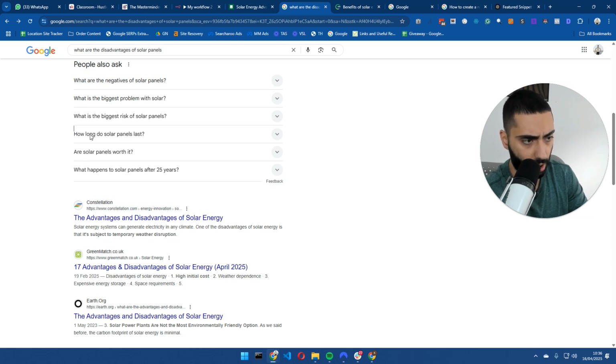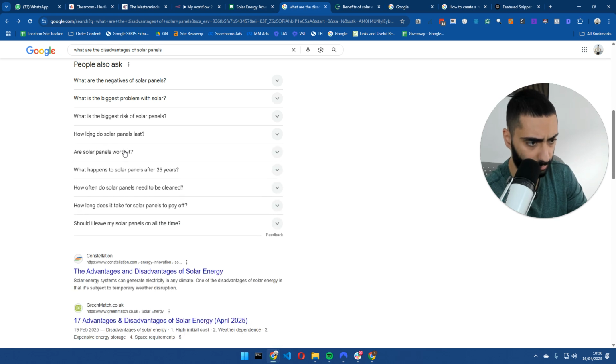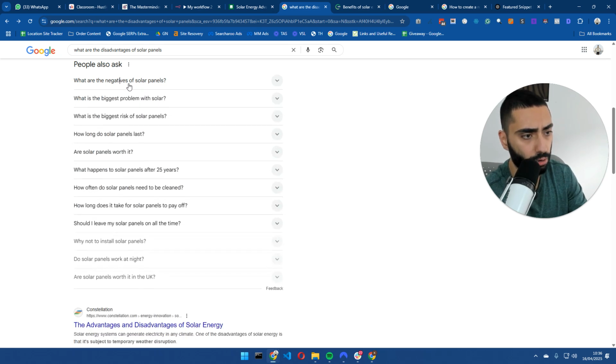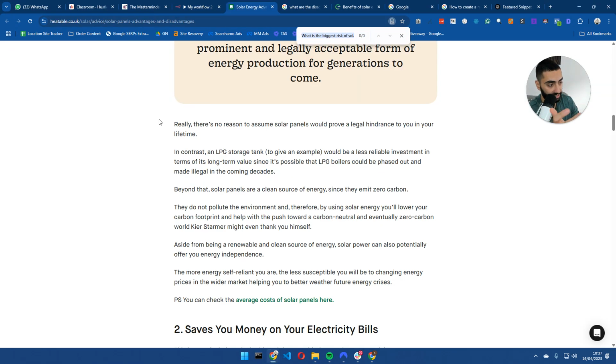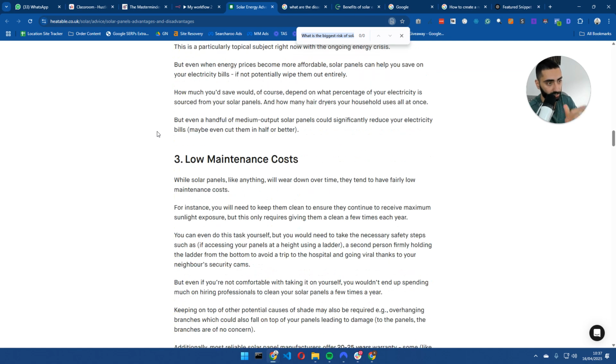So if I do "how long do solar panels last," for example, you'll see that there are more questions being populated. So I would just go through all of these questions and include the ones that make sense on that actual page. So the next step, in this case, I'm probably going to be looking at